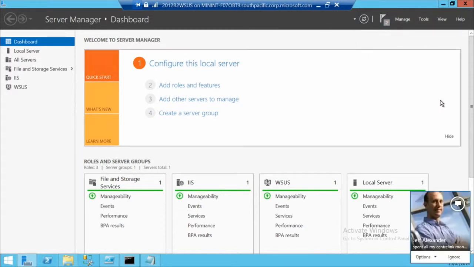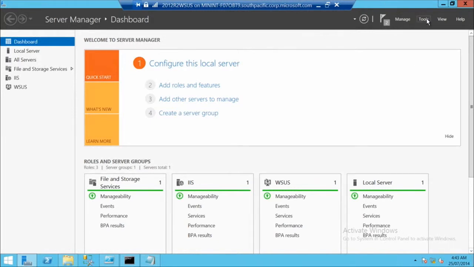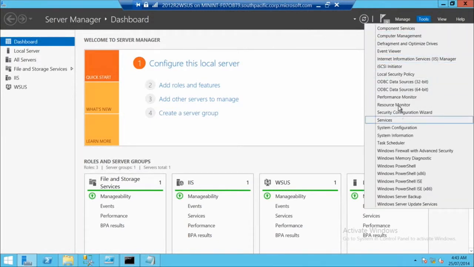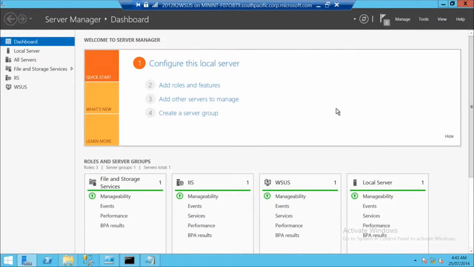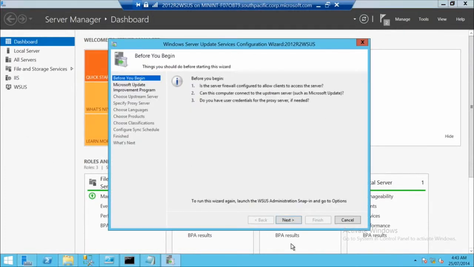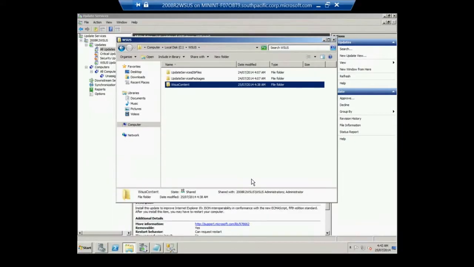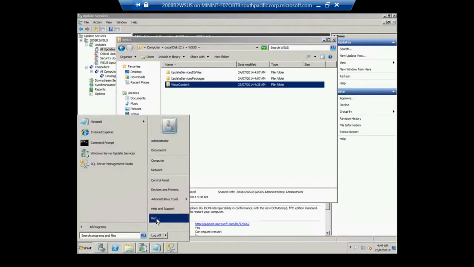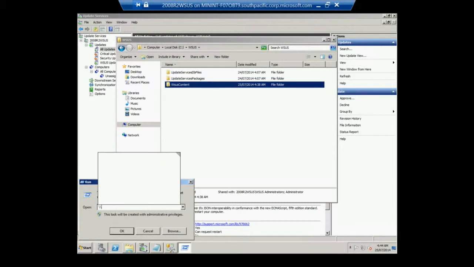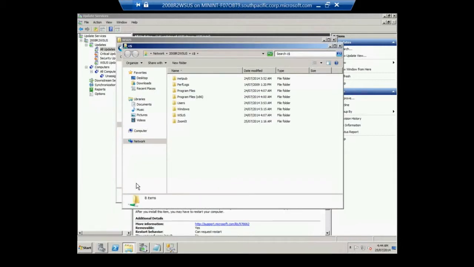Now you see that configuration has finished. We'll just check to make sure that the wizard fires off to indicate that the installation was successful. We won't do anything with it. Now, going back to our 2008 machine, what we're literally going to do is copy that WSUS content directory, and we're going to paste it directly